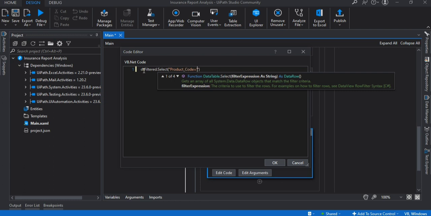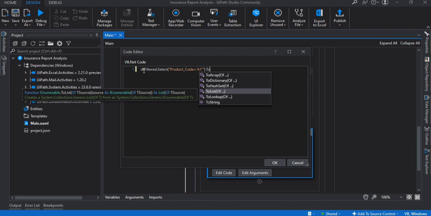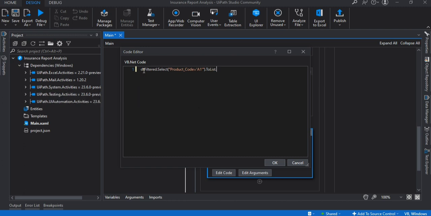So A1 I'm going to put in single quotes. So I want, if the product code is A1, then the comment should be plotted as ULIP. Okay, and then I'm going to put dot ToList dot ForEach,